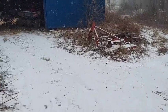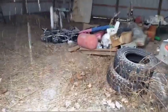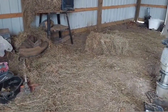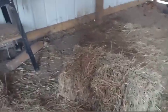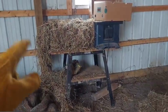So normally I would be using we've got a Kubota UTV, and I would have brought that down here to grab hay. But like 4 or 5 days ago, yeah, look at this, just nothing left. 4 or 5 days ago, we had fuel delivery issues with our Kubota, so I'm doing this in the truck today. I don't really feel like working on that when it's like negative out. Yeah, don't mind the mess here, but this is all we've got left on hay. I mean, it's like maybe 2 bales if you count all the loose stuff